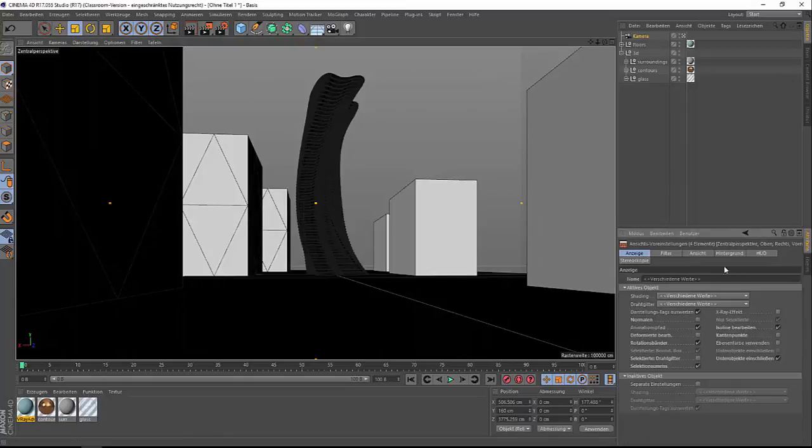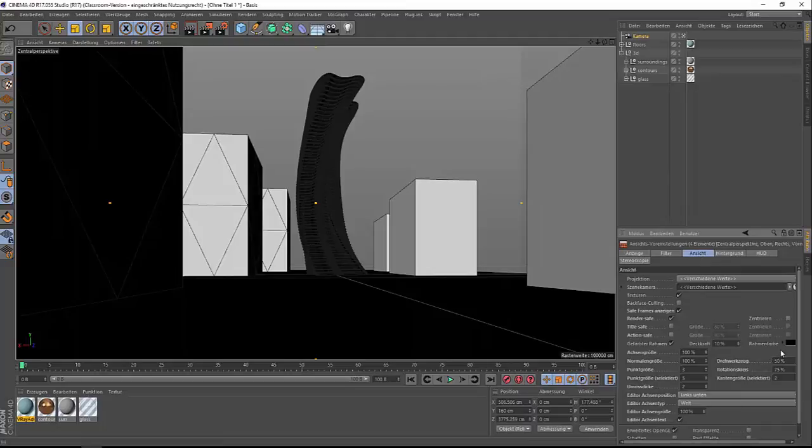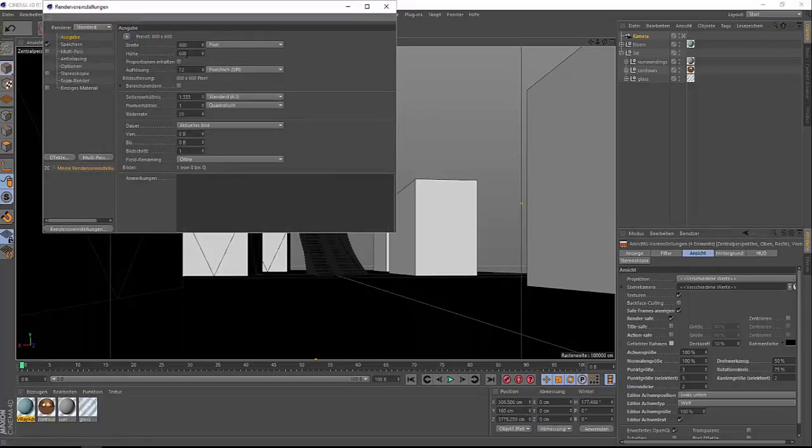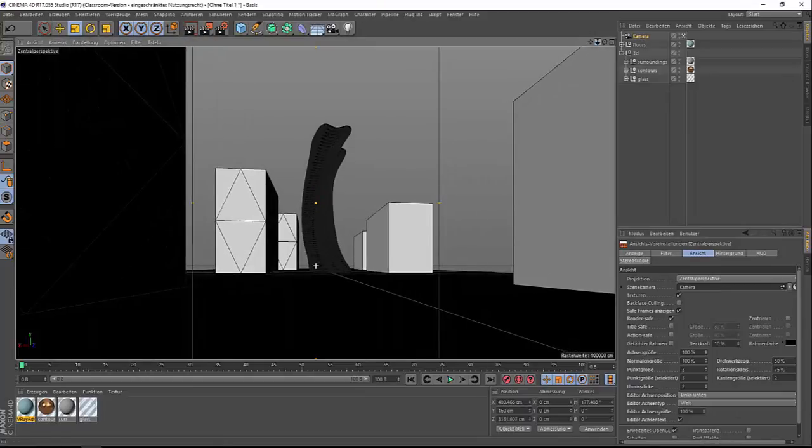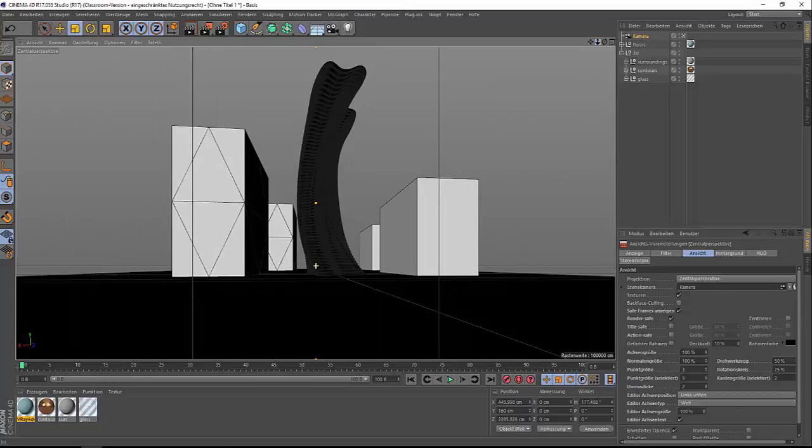Alt V to look for the view. Let's make these only lines, and let's change the output to something a little bit more vertical, say 1000 by 800. So now that I have this proportion, I can simply take my zoom and get closer to the building,